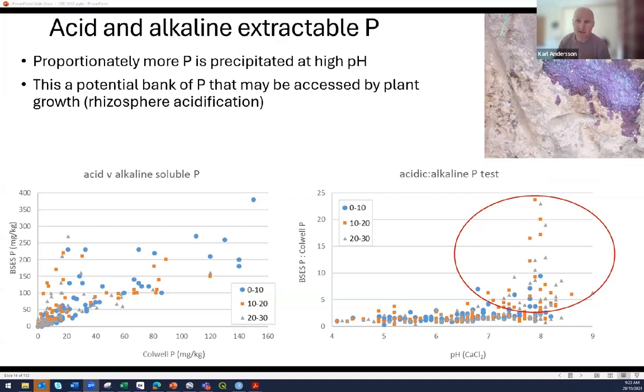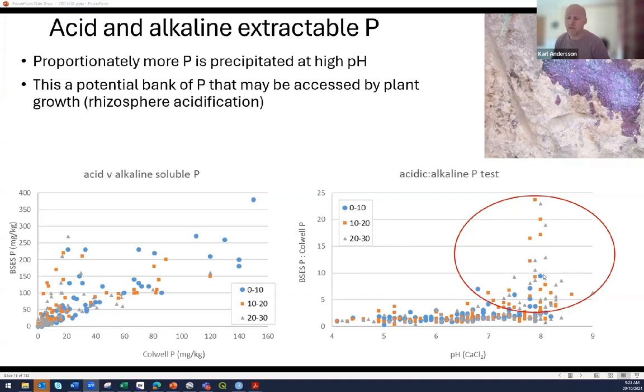So that can acidify the rhizosphere, and the purple indicates high pH and the bluey green indicates lower pH. So we've got rhizosphere acidification, and we can see that in the sign here with some manganese staining. It's a side effect of it. What that can actually do is release some P that's been bound as a calcium phosphate. So it's like a slow release form in these soils.